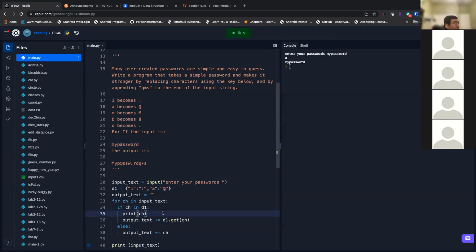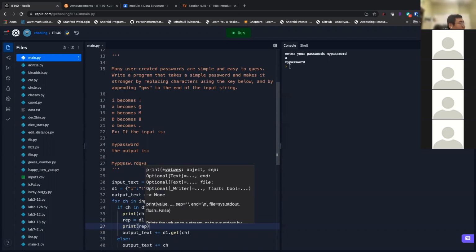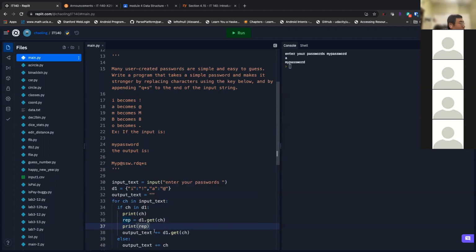Let me just print the replacement equal to D1 get ch. I'm going to print ch and rep, using an f string. Okay, this is how I debug it.